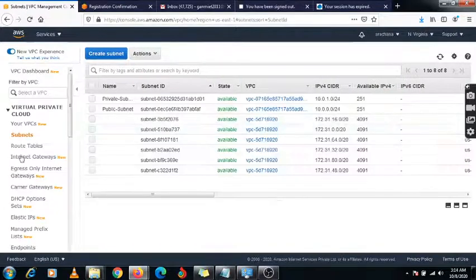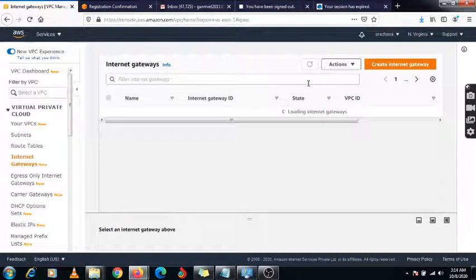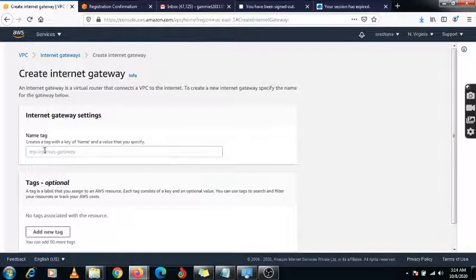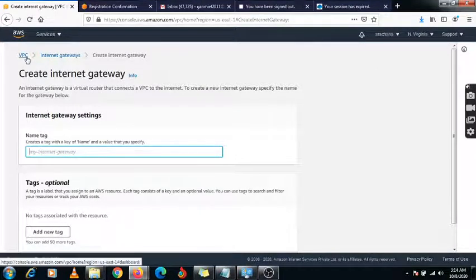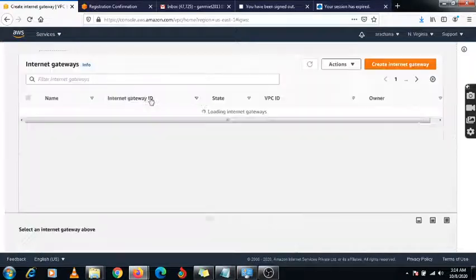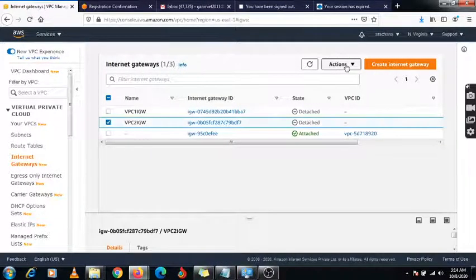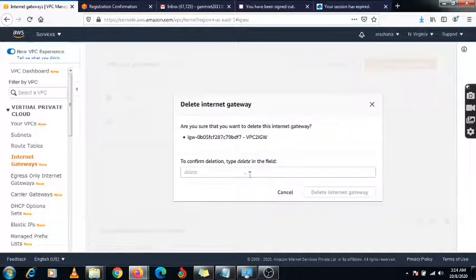Just close. Now you need to select internet gateway. First I need to check, there are multiple internet gateways available. So I'm removing all of these, delete this internet gateway. These were created previously but I had not removed them.